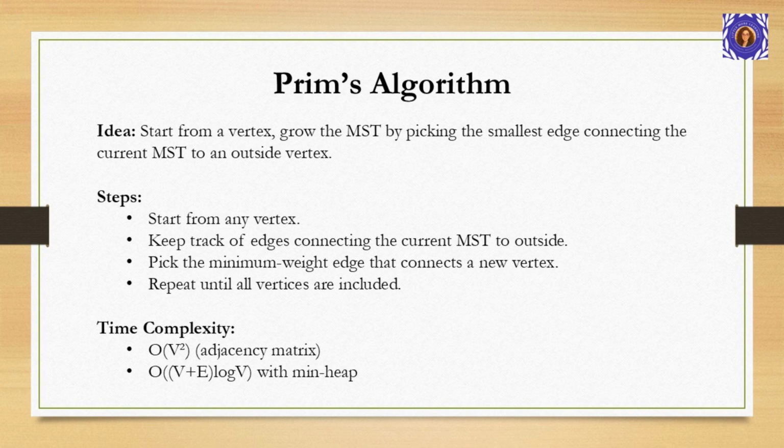Step 2. Maintain a list of edges that connect our current MST to vertices not yet included. Step 3. Among these frontier edges, always pick the one with minimum weight. Step 4. Add the selected edge and its new vertex to our MST. Step 5. Update our frontier edges and repeat until all vertices are included. Time complexity. Similar to Dijkstra's: O(V squared) with simple implementation, or O((V plus E) log V) with a